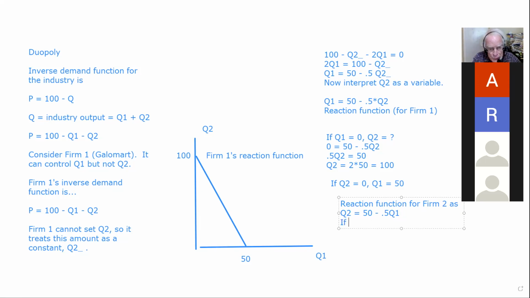So again, we have a linear function and a negative relationship between the outputs of the two rivals. If Q1 equals 0, then Q2 is equal to 50,